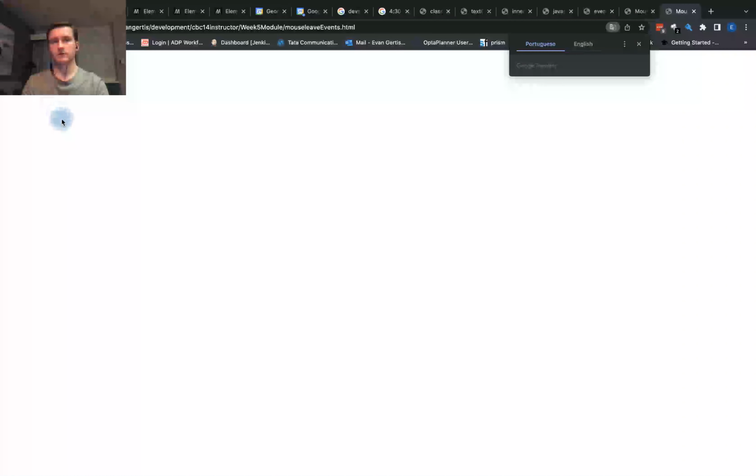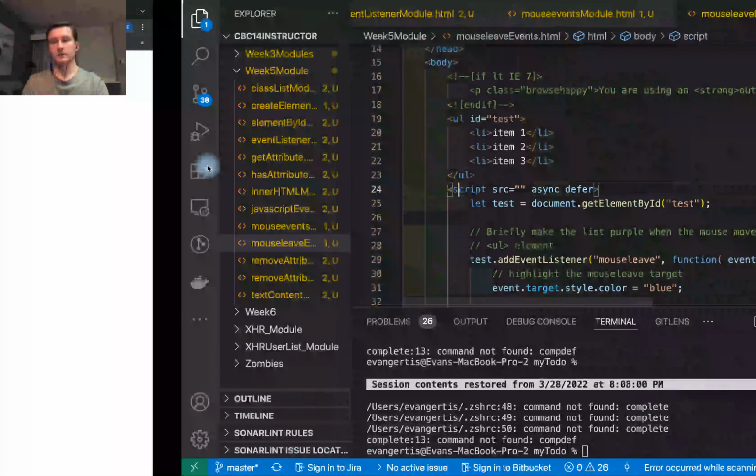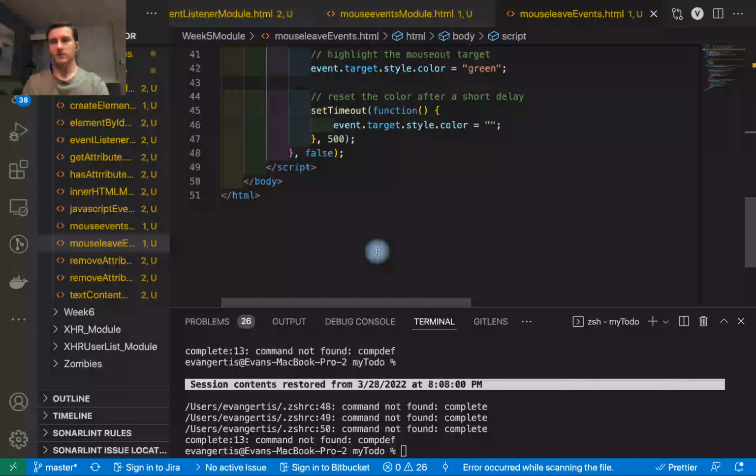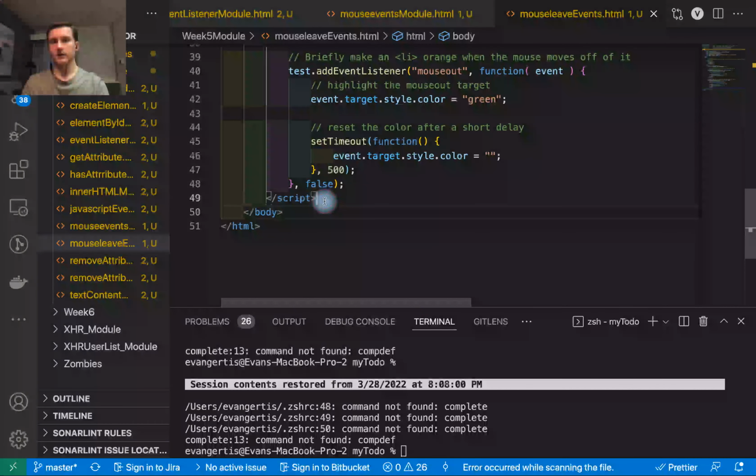So enter and leave, and the key here is we want to make sure this is connected. So we have our script tag. Go ahead and take this,